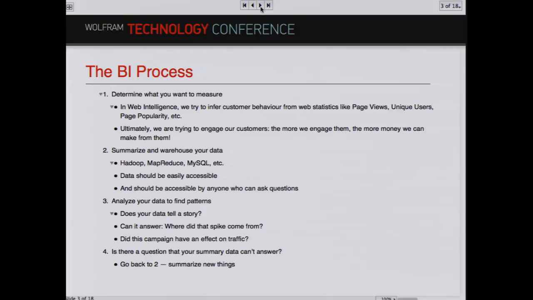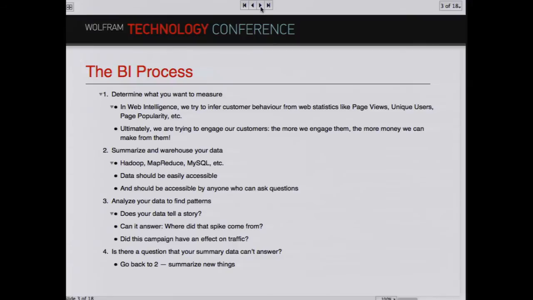The second step in a BI process is to summarize your data. The data needs to be easily accessible by people. And so we summarize our data using various technologies. Some of the open source ones are things like Hadoop and MySQL, and that's what we use. But there are also commercial tools like Oracle and MS SQL that can do the same thing.